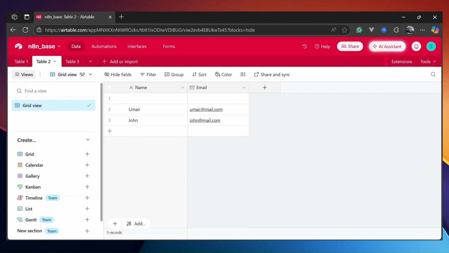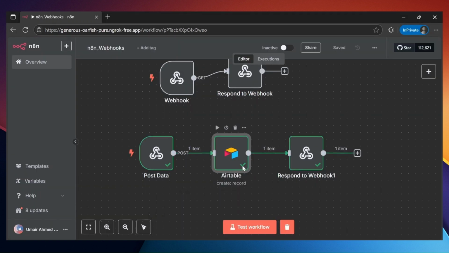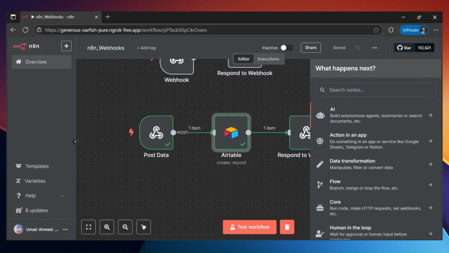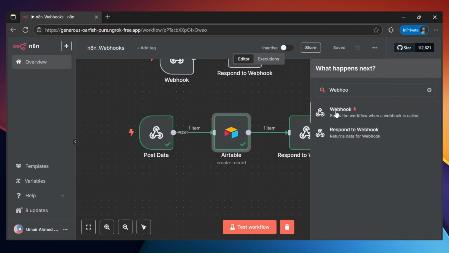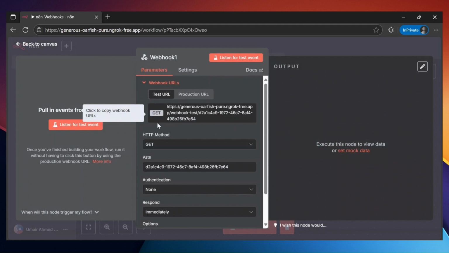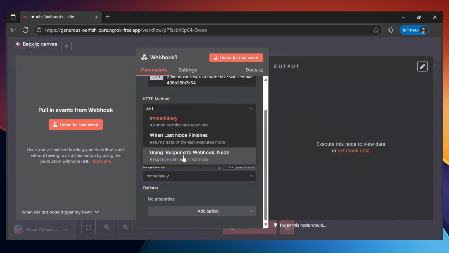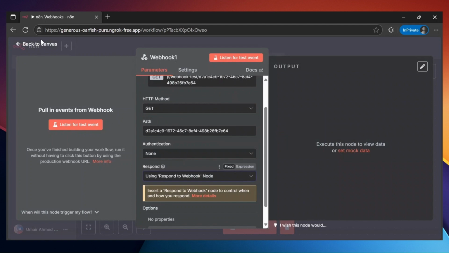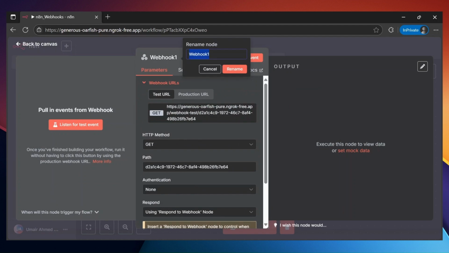Now create a get request, which is going to fetch all the data from the Airtable and will send it to our Thunder client. So just search for webhook, and this is going to be get. The response is going to be respond to webhook node. Back to canvas, fetch data,